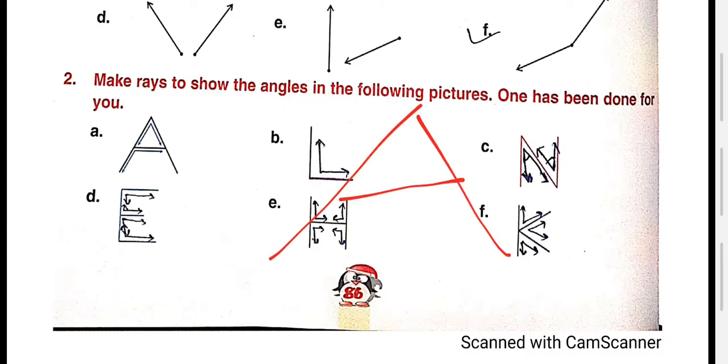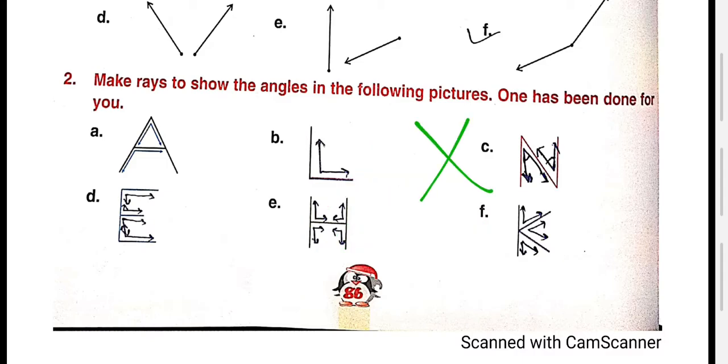Now what you do, you have to draw the rays to form the angle. Now you see like that. The angle is formed here, so you draw two rays. If you want, you can draw here also. Angle is formed here, here you can make, here you can also make. It means you have to make two rays where angles are formed, or angles are formed when two lines intersect each other. Now in L, draw one line here, one line here, which are known as rays. Here also one, and in this way also you can draw. Where the angle forms, you draw the rays.